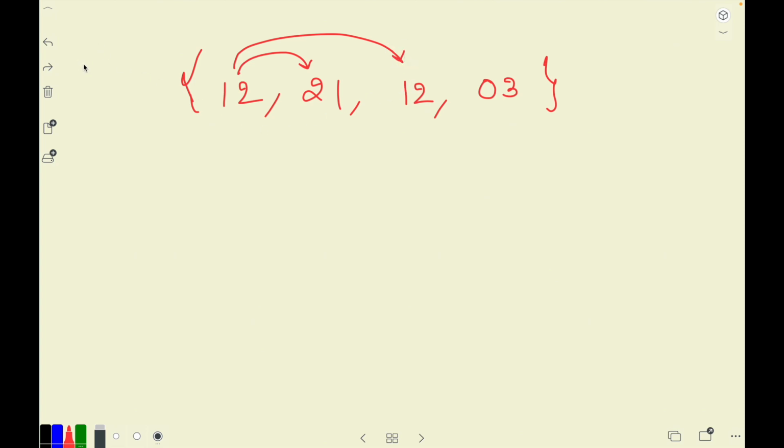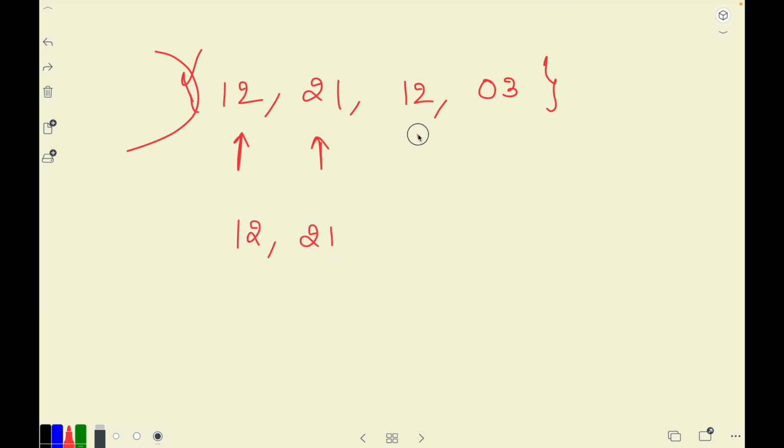So if I want to calculate this, then how do I do this? You go to 12, you say, all right, up till 12 nothing came, so let me add this 12 to a map, and now I have 12 inside a map. Now next time when I'm at 21, I also make this 21 go inside my map again. So inside the map, I have 12 again, and I have 21 again. But when I go to this 12 again, this 12 should have gotten paired with this 21, and this 12 also should have gotten paired with this 21. So how about if I only incremented the frequency of 12 and I paired this with this 21,